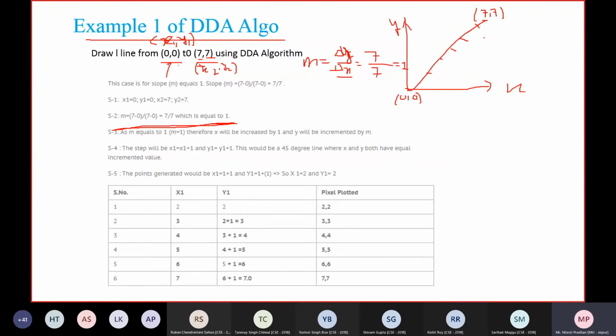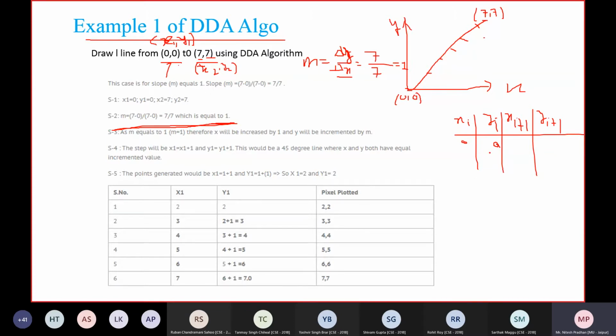So initially we have 0, 0. This is your xi, this is your yi. Now you have to find xi plus 1 and yi plus 1. That is your target. As per our algorithm, we'll increase x and y by 1. So the initial points are 0, 0. Now we calculate the slope. Slope will be calculated only one time, guys. Only a single time you calculate the slope, finalize the case, and then keep increasing the points according to that case. Okay.